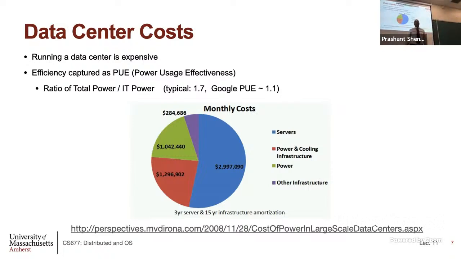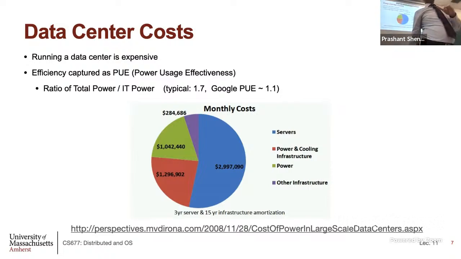So let's say that the total electricity bill from a data center is 100. Okay, that's the total electricity consumed by everything, including cooling, the network switches and so on. Then you also figure out the electricity that the servers themselves consume. Maybe that's 70. Then PUE is going to be 100 over 70. Okay, so it's always going to be a ratio greater than 1, because the total power is going to be greater than the power of only the servers, because there will be at least some other equipment in your data center. Okay, the ideal value of PUE is 1.